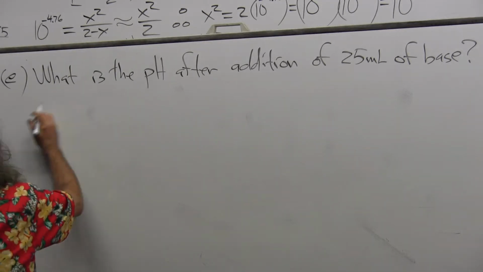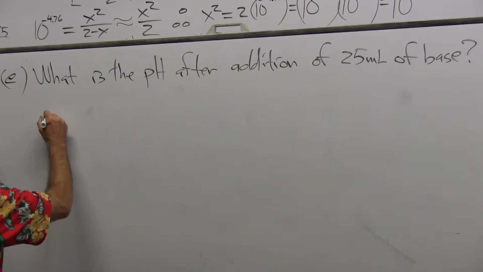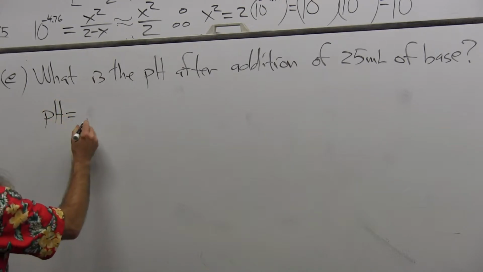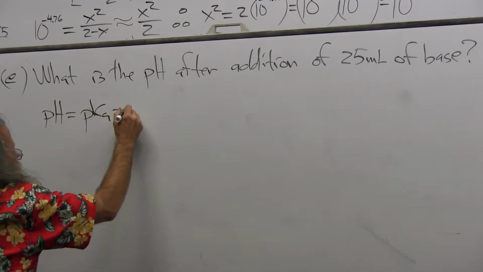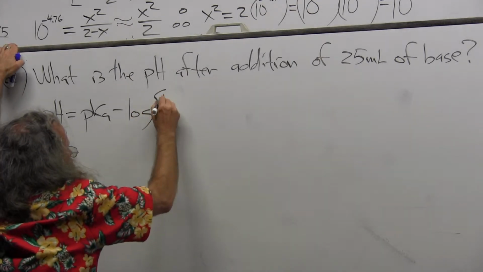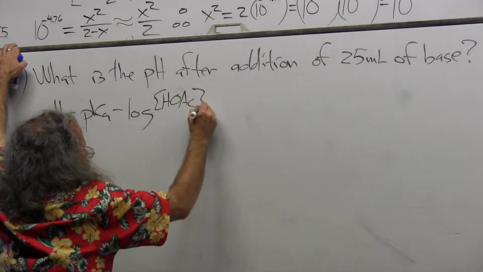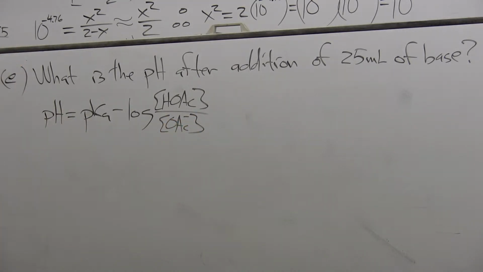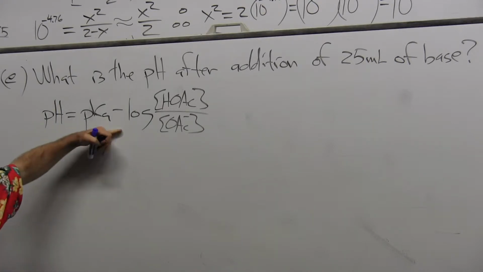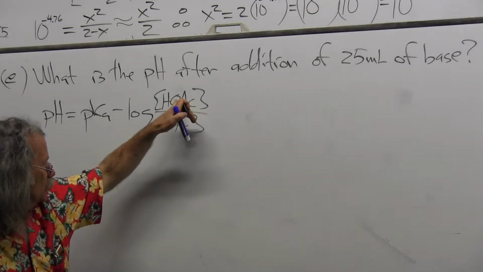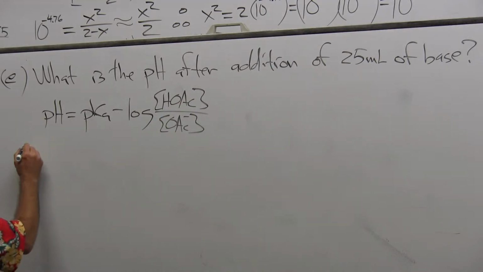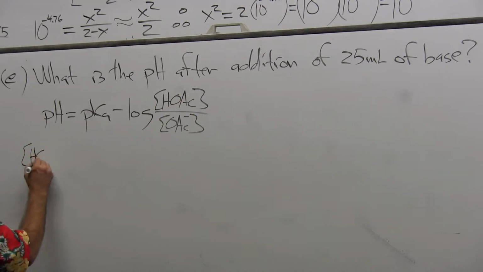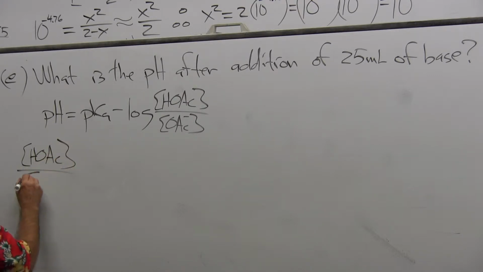And I'm going to just write Henderson-Hasselbalch. pH equals pKa minus the log of acetic acid over acetate. And now, so this goes first. Now I need to show what this is. And the concentration of acetic acid over acetate is equal to